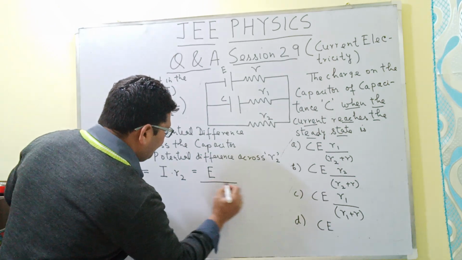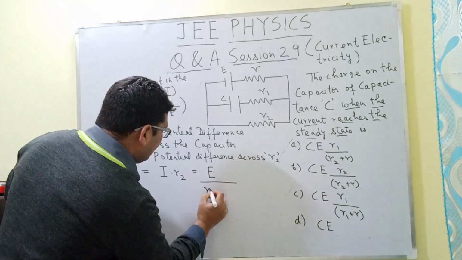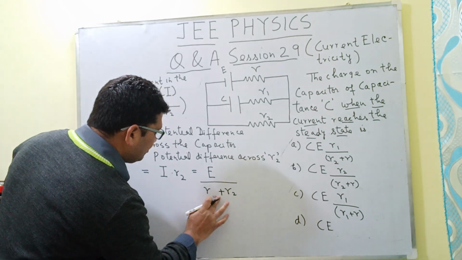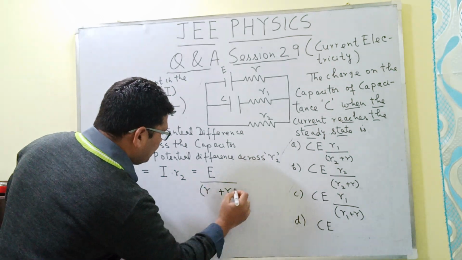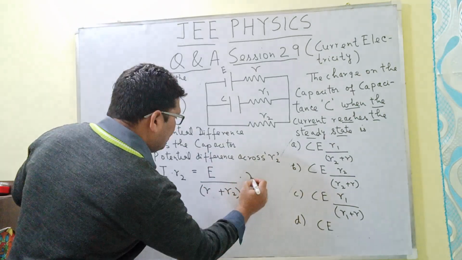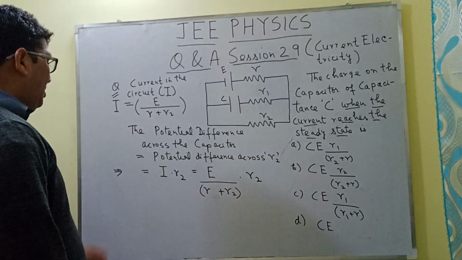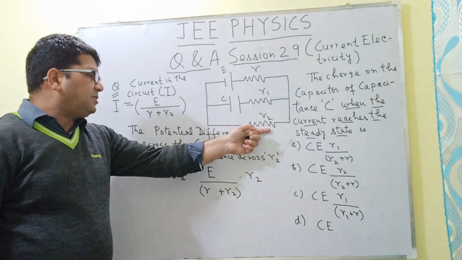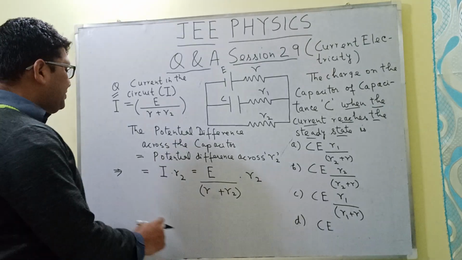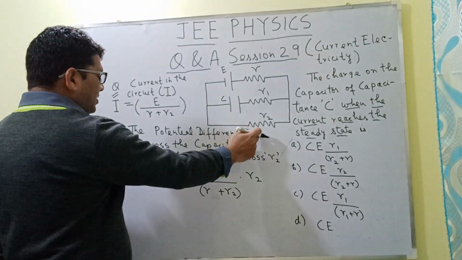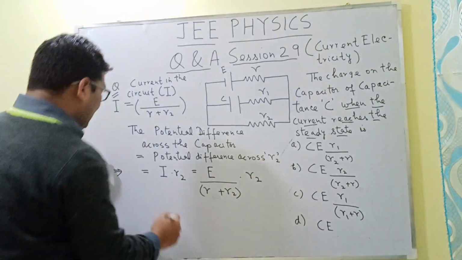So I is equal to E divided by R plus R2, into R2. So this is the potential difference across this resistance R2, and since the potential difference across this capacitor is equal to the potential difference across this R2, therefore